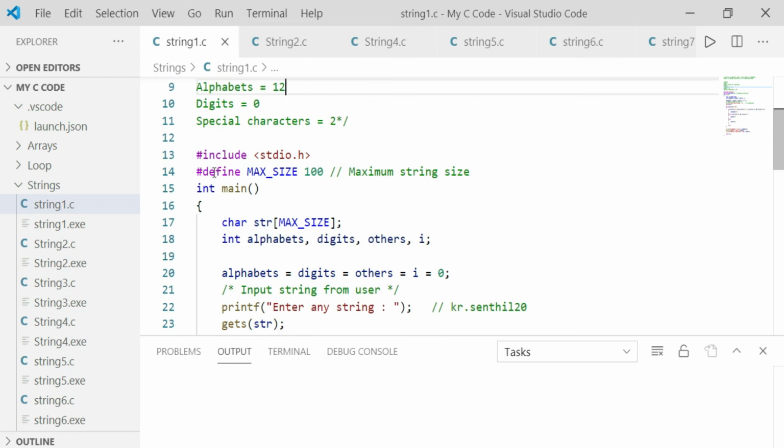So this is a predefined size. The maximum size I declared is 100. Here is the declaration of a string, a character string. So char str, str is a string name, user defined. I can write str or KRS and classroom, whatever it is. It is a user defined value, and max size is already defined, that is the size is 100. So this is a declaration of string,